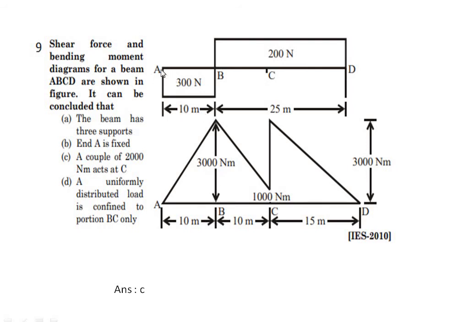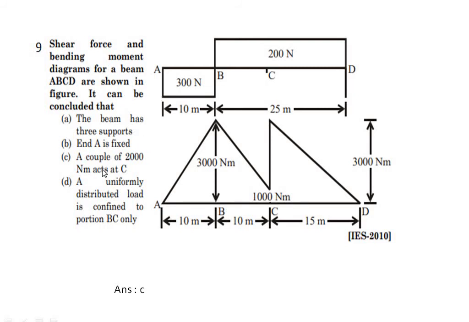So at the point A, you have a sudden dip in shear force. So one condition is satisfied for a fixed support. The second condition is that there should be a spike in the bending moment diagram representing the bending moment supplied by the fixed support, but there is no spike in the bending moment diagram here. So the second point you can eliminate.